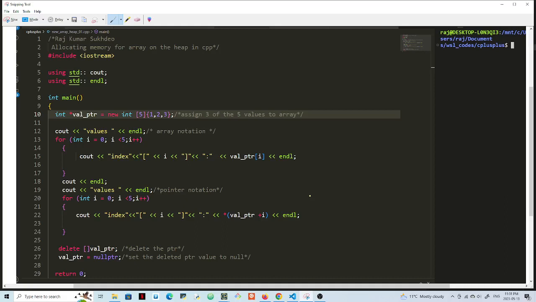Hello guys, in this video I'll be looking at allocating memory on the heap in C++ for an array. So here's the code that I would have written. We are starting with iostream, std::cout, std::endl. I have a pointer here, an int pointer, val_ptr, and to allocate memory on the heap